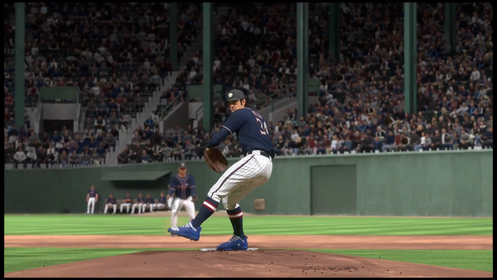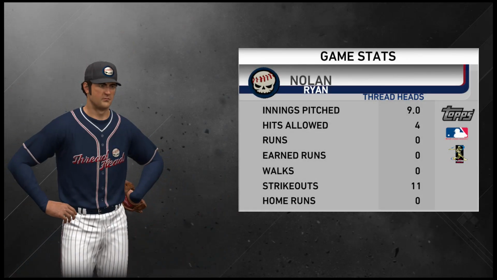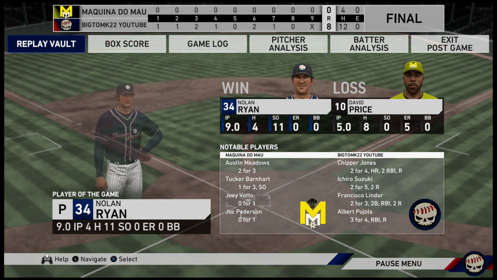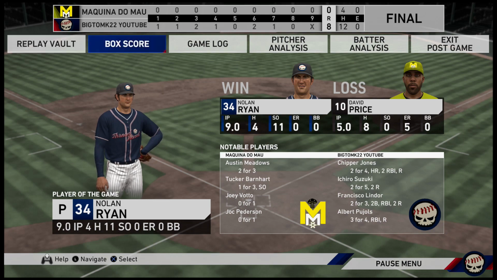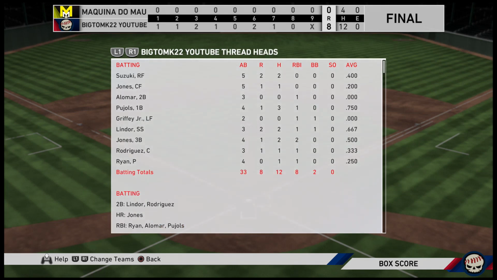Nolan, of course, gets player of the game in this one. 4 hits allowed, 11 Ks, complete game shutout. So an awesome showing there for Nolan Ryan. It was not too bad, man. Chipper was 2 for 4, Ichiro 2 for 5, Lindor 2 for 3, Pujols was 3 for 4. We had that absolute bomb blast with Chipper Jones earlier in the game for the 2-run shot. That was nice. So we'll look here, and like I said, Andruw was 1 for 5 with a run scored